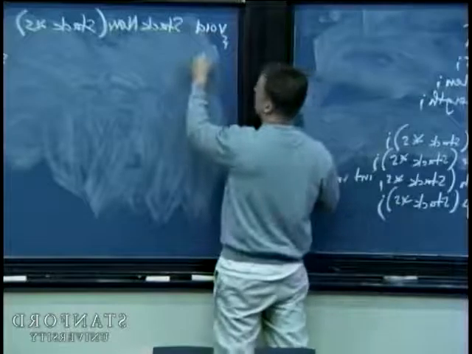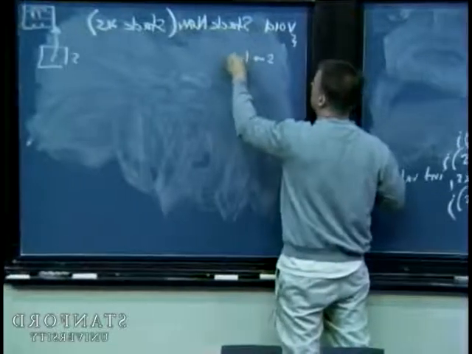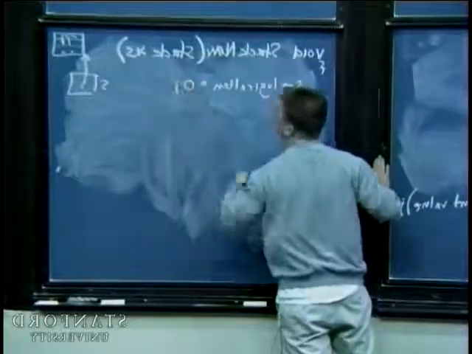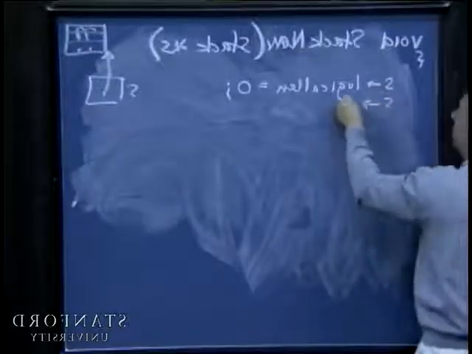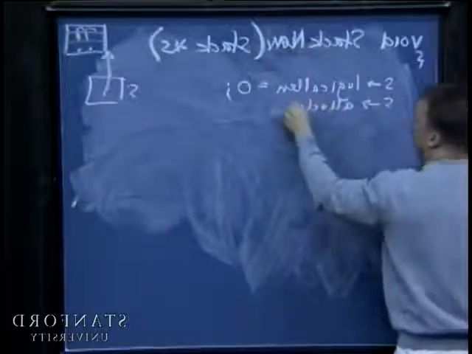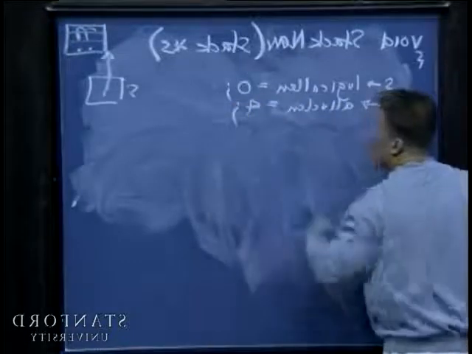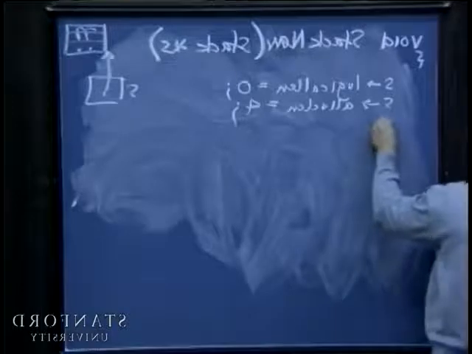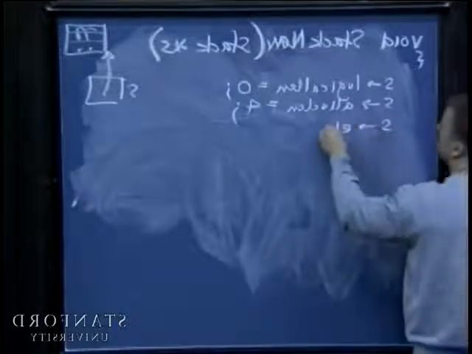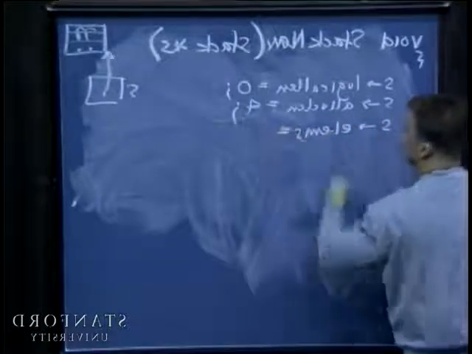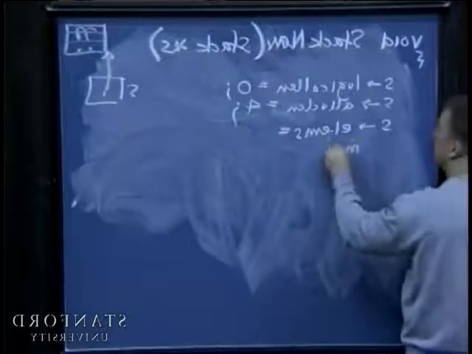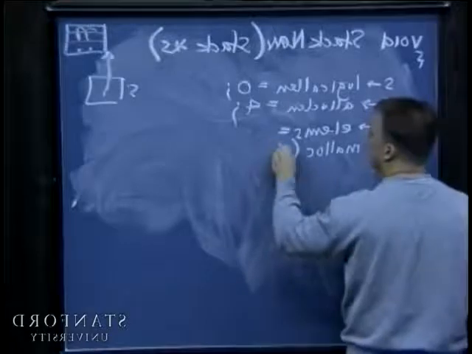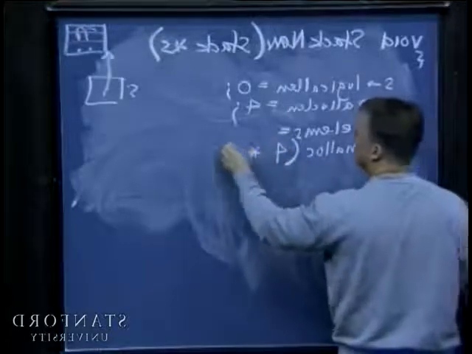I want to do S arrow logical len is equal to 0. I want to do S arrow alloc len is equal to 4. And then I want to do the following. I want to do S arrow elems is equal to, this is a function you've not seen before, malloc of 4 times size of